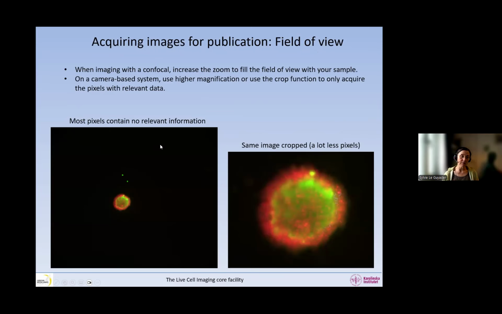So you can see in this image, especially if I put this image in an article and the figures are very small in general, you're not going to see anything. As a viewer, you will not have any idea what you're trying to convey. So we crop the image. We remove everything that is not relevant. And so it is totally okay and ethical to remove these things if they are not relevant and they do not change the interpretation of the image. If this is part of the whole thing that you're talking about and you don't like it because it shouldn't be there, that's not okay. But if it doesn't change the interpretation of the image, it's okay to crop.